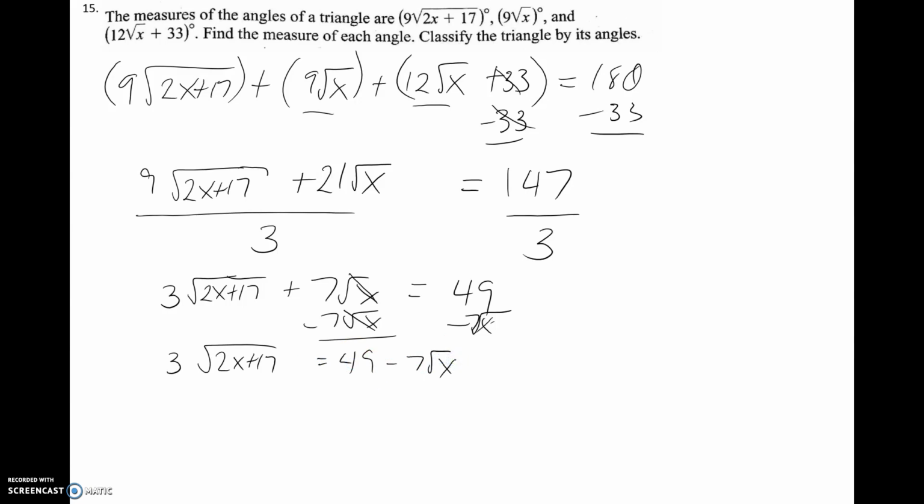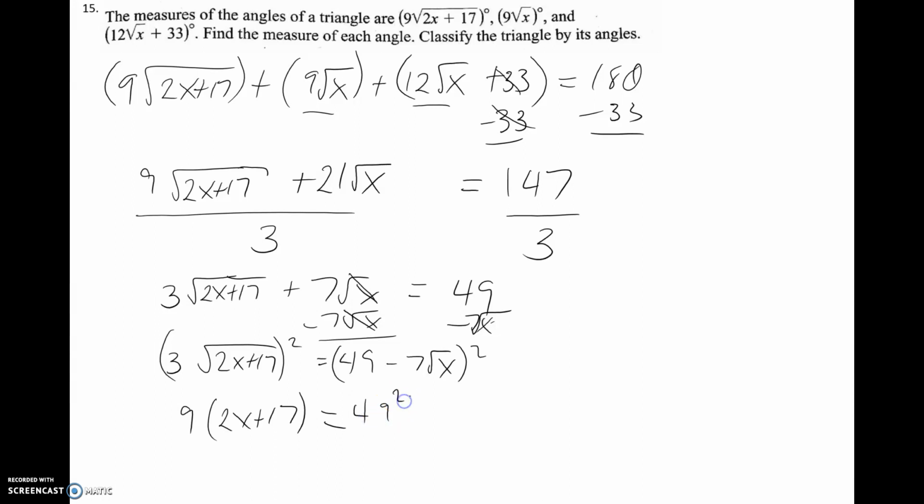So when I take a look at this thing, now if I go to square this left-hand side, and I have to do the same thing to the right-hand side, the left-hand side works out really nicely because now I can distribute over multiplication, meaning to each of the factors, so it becomes 9, and then if you square or square root, those things essentially undo each other, so I'd have 2x plus 17 left over when it's multiplied by 9. Now the right-hand side isn't as easy to work with, because if I square that, what that means is that I'm going to end up with essentially squaring a binomial, or another way to say it is to FOIL it. And what you're going to end up with is